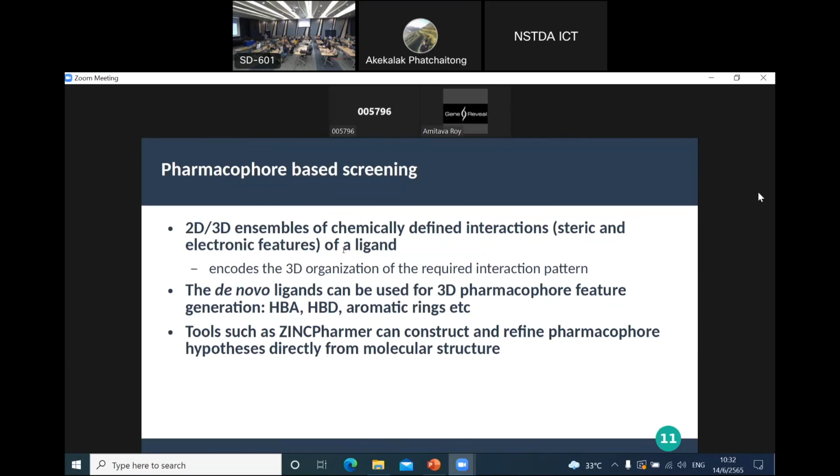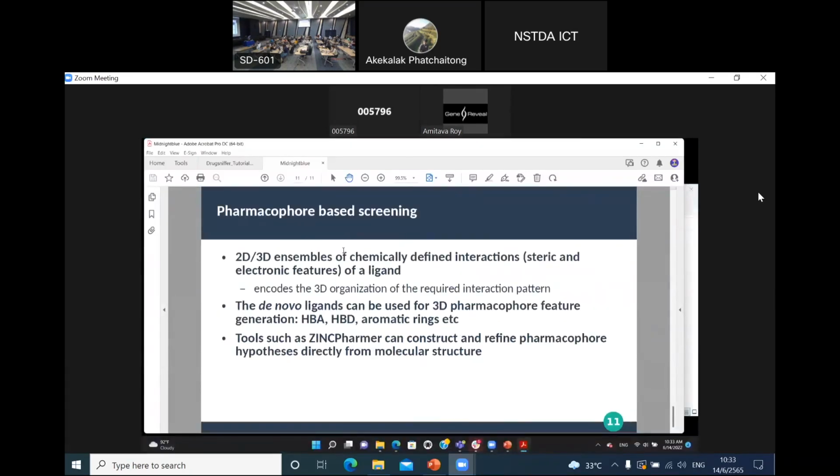Now, if you are not a medicinal chemist, or if you're not familiar with how to define pharmacophores, there are tools online, something known as ZincPharmer, which is a web service. So you should be able to upload a simple molecular structure, and it can give you the pharmacophore features that can then be used to do a similarity search in their database. Right, so this part basically now completes the de novo part. I'll move on to the next one, which is